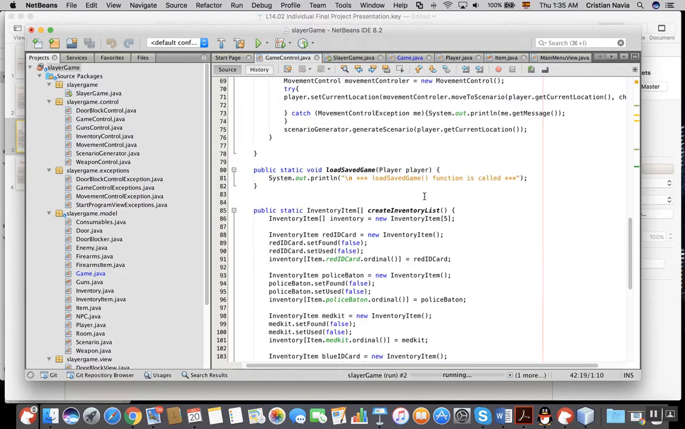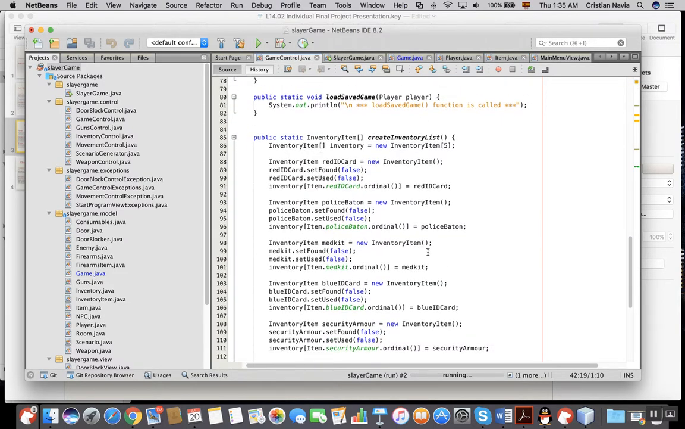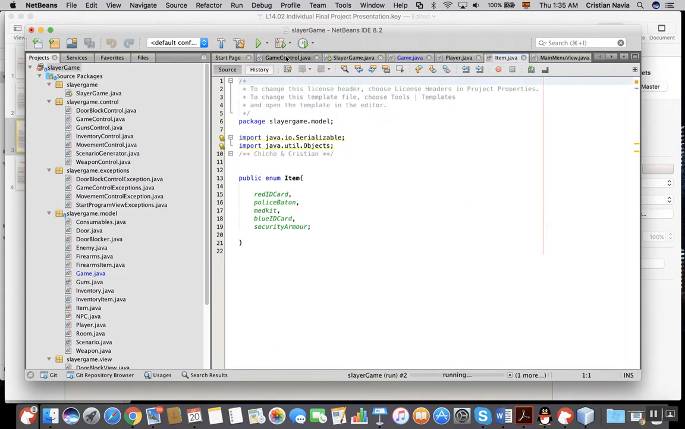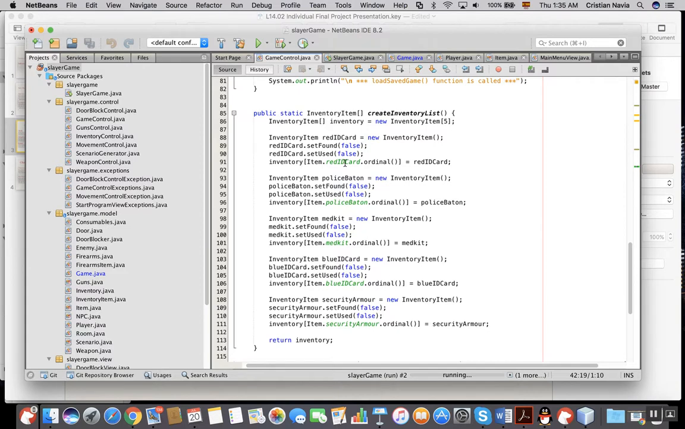So we're going to see how we call this. When we create an array, we create an inventory list, and we are calling the inventory item array. So every time we call the inventory item array, we are going to see that we have an array of 5 items. When we call the inventory item array, we call the item model, the item enum that we have, and we call the object, the item,